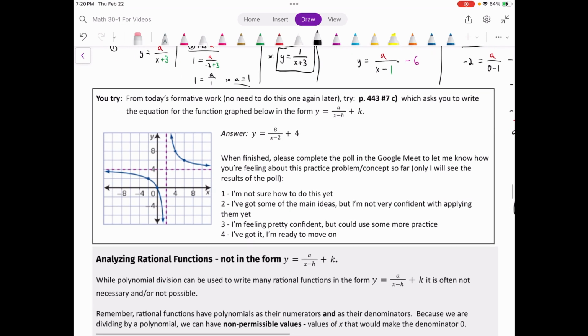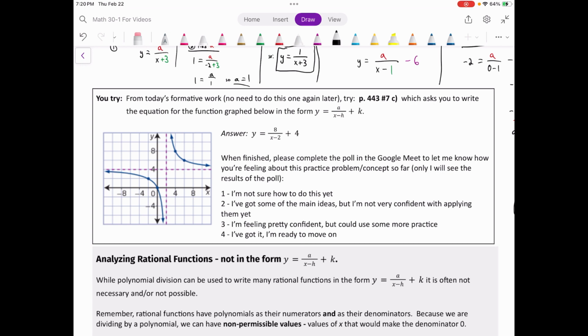You can pause the video for a bit. At the very least, try this one right now while it's fresh in your brain. And then, as always, feel free, if C goes so-so and you want to try some more, maybe do D or B or A for this same one. It's giving you the graph, and it wants you to write the equation for the function in the form y equals a over x minus h plus k. Okay, so try that one out, and then when you come back, we'll finally talk about the ones I've been